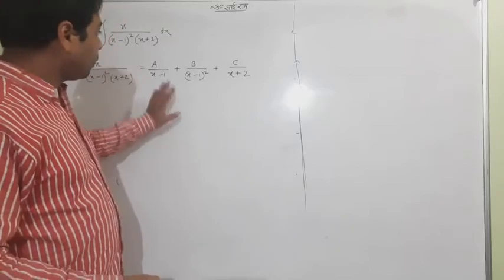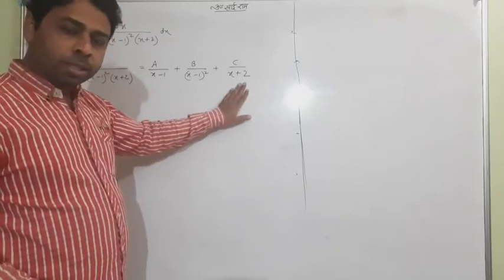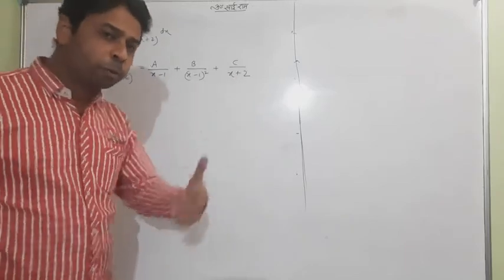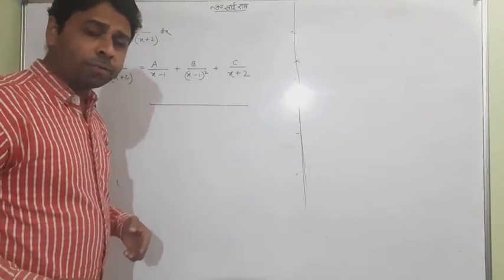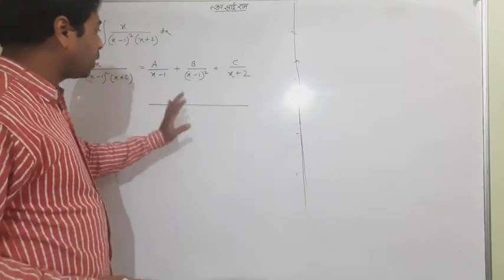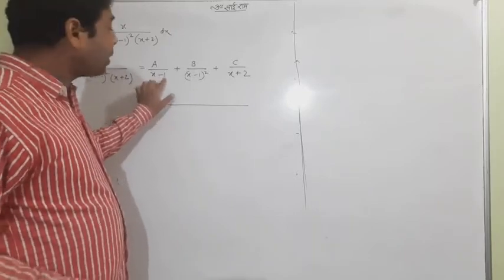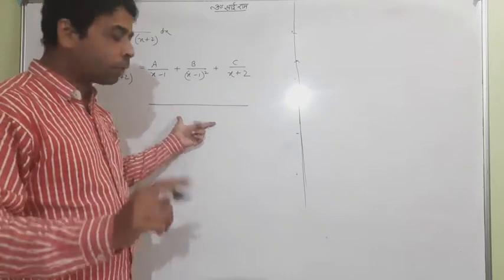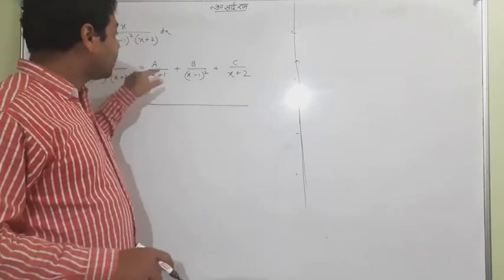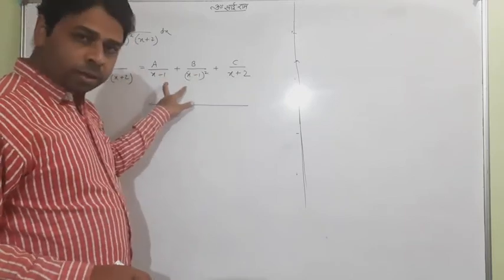Simple. Now what will we do? We have a simple concept. Now we'll follow the same procedure. I'll take the LCM. Don't make a mistake when taking the LCM. I tell you one thing: sometimes students write all the denominators here, but that is wrong. One should ensure that it is x minus 1 squared, and x minus 1, both are actually alike.